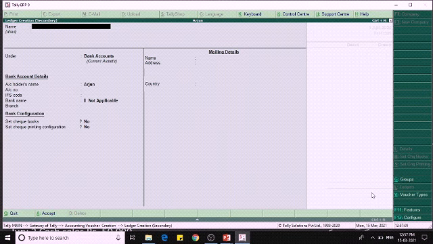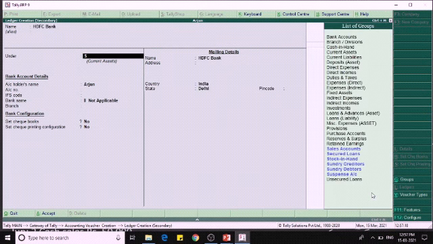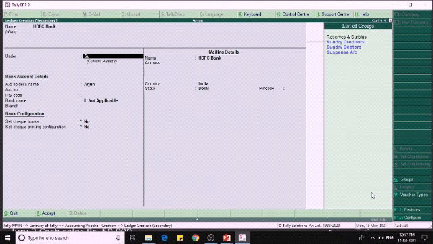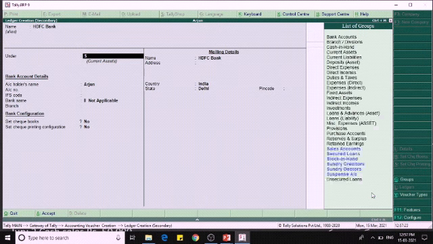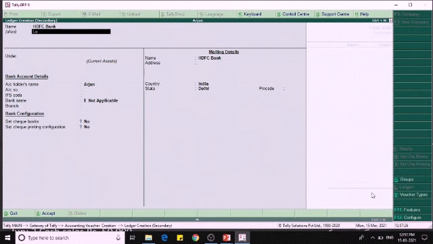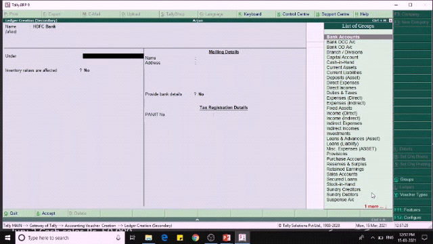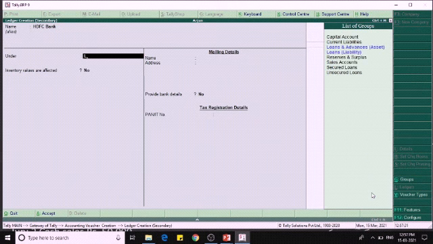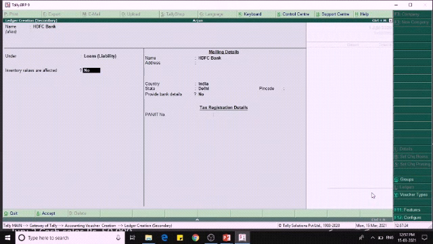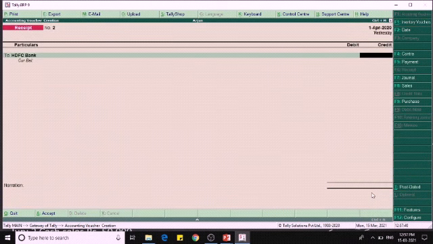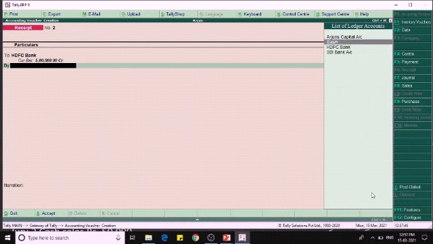Here HDFC Bank will come under loans and liabilities. We are receiving 5 lakhs and SBI bank is the receiver. Through the bank we are receiving the loan.